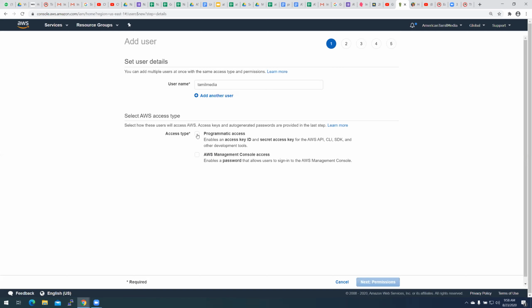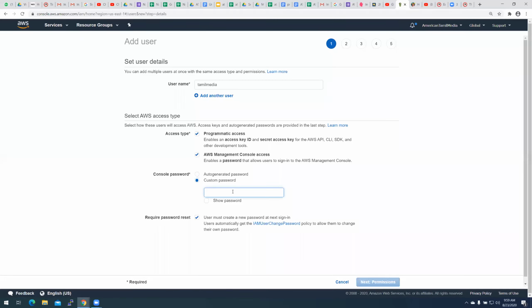If you say only programmatic, the user can never log in using this console website. And if you say only console, the user cannot access through any programmatic access. You can say both, and you can assign a password, right?